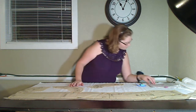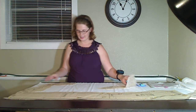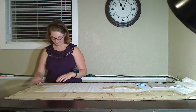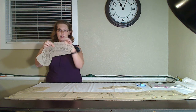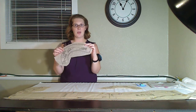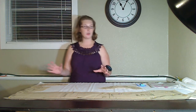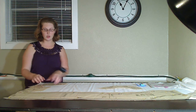Okay, so number 8. Okay, number 8 is perfect. It's going to work just fine for this demonstration. Okay, so this is supposed to come over here. Now, here is our grain line right there, okay? This piece would be a little bit tricky to line up anyway, being so curved. It's hard to tell if it's in line. So this is going to be a really great example for how you're going to line it up with your grain line. So you're going to lay it as close as possible